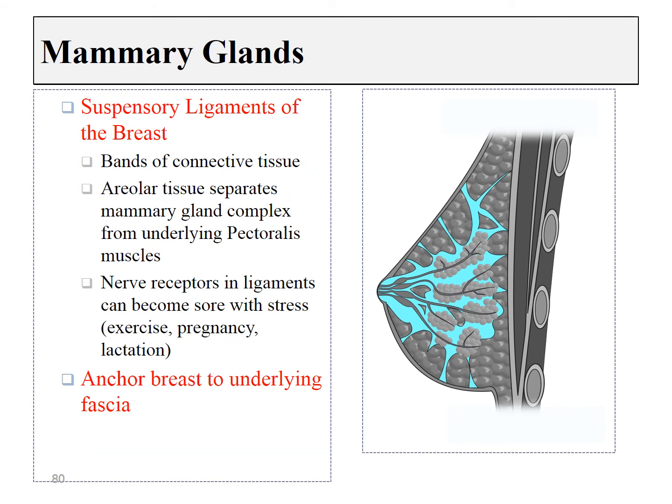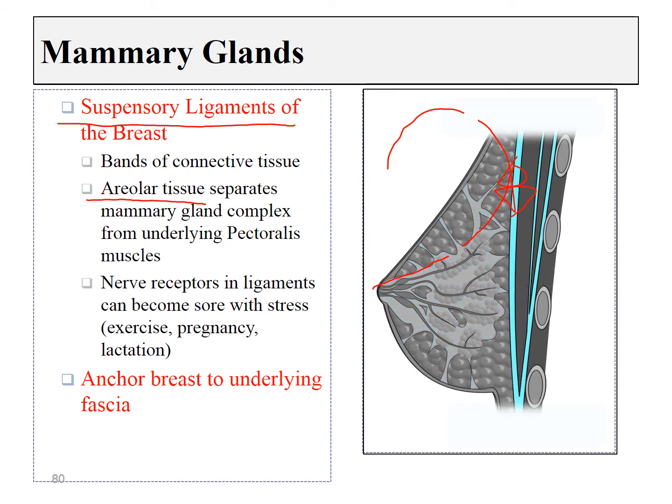The support and the shape of the breasts is maintained by a network of dense connective tissue called the suspensory ligaments of the breasts. This is dense, irregular, or regular connective tissue, as is found in ligaments and tendons. There can also be a fair amount of loose connective tissues, such as areolar connective tissue, which can separate the individual lobes from one another, as well as separate breast tissue from underlying muscle tissue. The suspensory ligaments will ultimately anchor the breast tissue to the underlying fascia, another region of dense connective tissue in